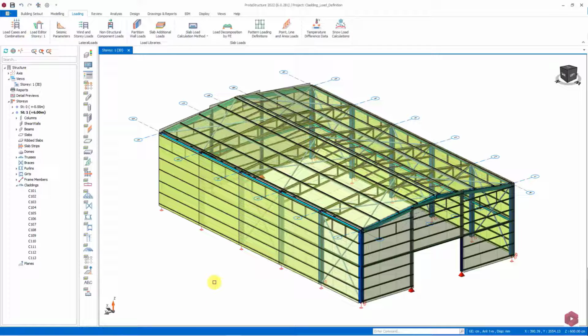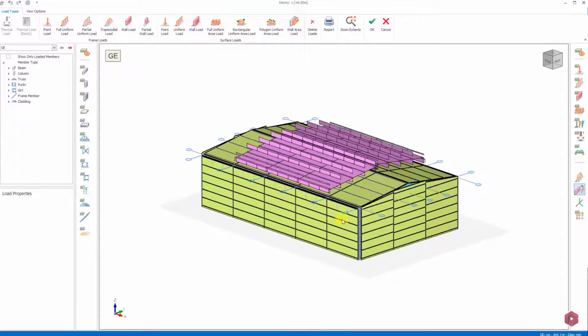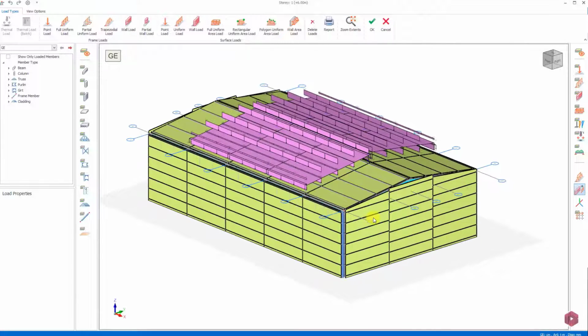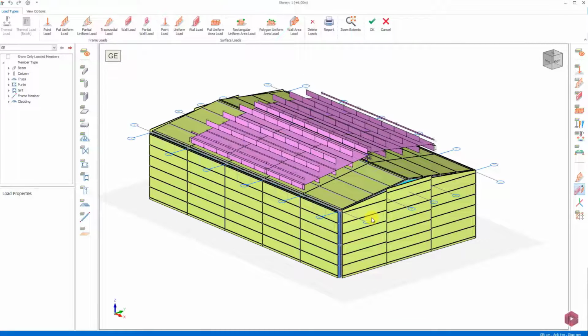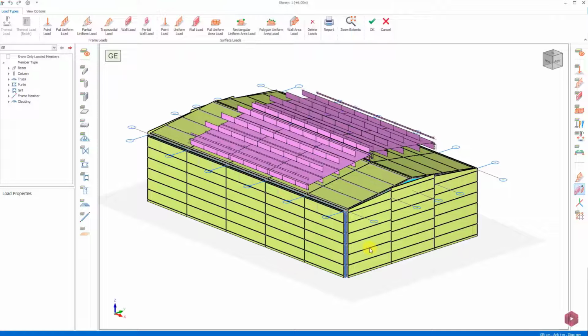For this process, we open the Load Editor command in the Load tab. If you pay attention here, Floor 1 denotes the active floor. When we run the command, an interface with the active floor opens. Since we define the hangar structure as 1 story, we are now viewing all the claddings in the model. In this interface, we can view not only the cladding elements, but also all other structural elements.